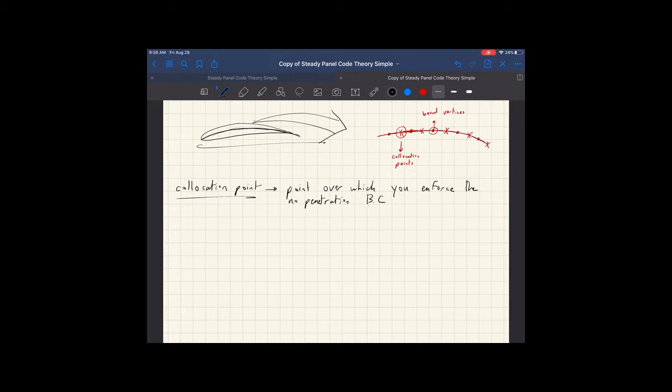So essentially you use these points to enforce the no penetration boundary condition and to enforce the fact that the wing has rigid walls and no fluid can go through it. So it represents the airfoil's